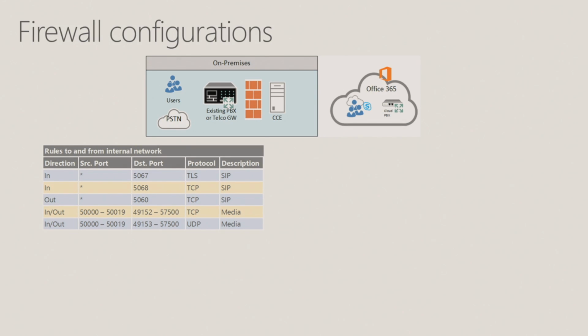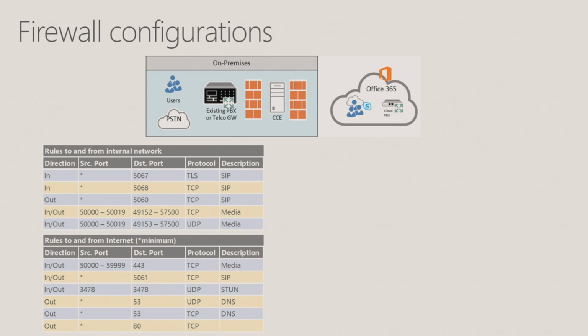If you have a provider or you decide to change these default values to something else, update the firewall scheme accordingly. The media flow requires TCP and UDP range between 49,152 to 57,500. That's the recommended setting. You can reduce the numbers through the configuration of your ini file and reduce, of course, the ports you open in your firewall. But each media flow requires 4 ports at minimum. Have that in mind.